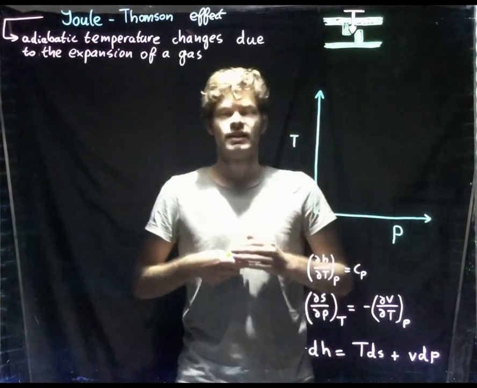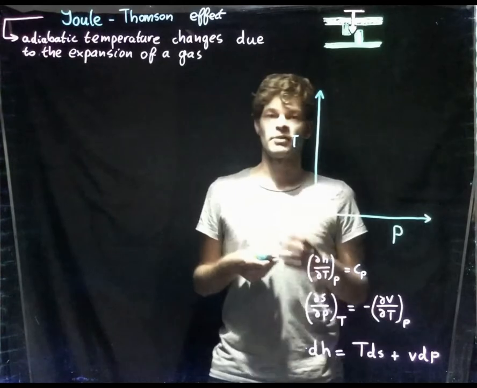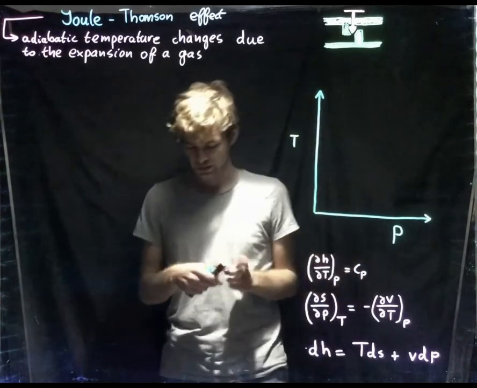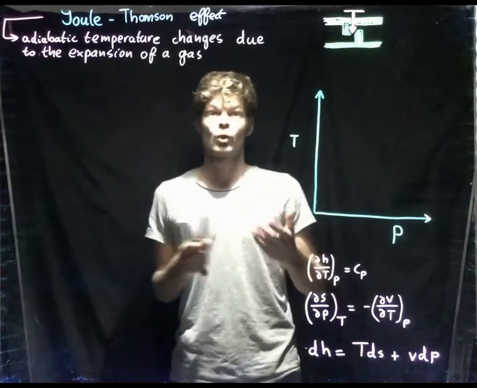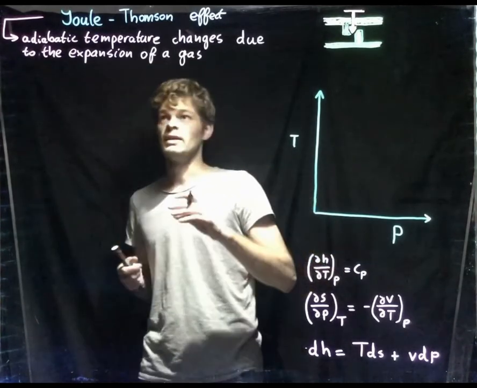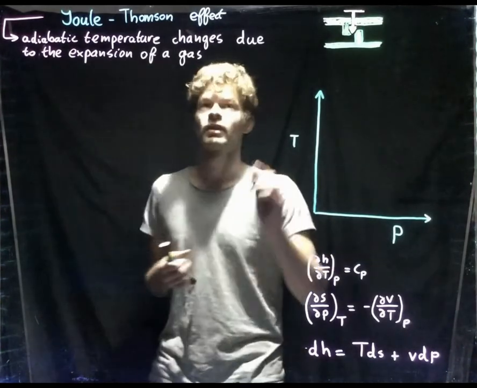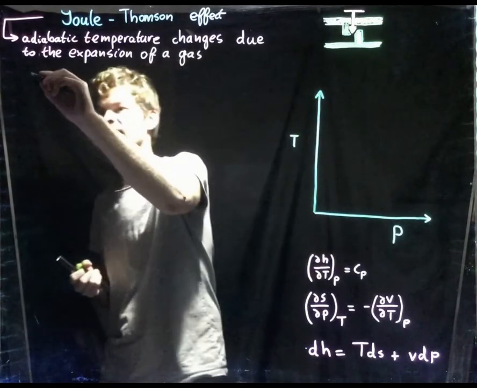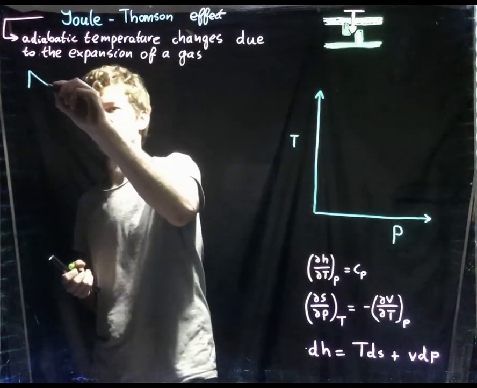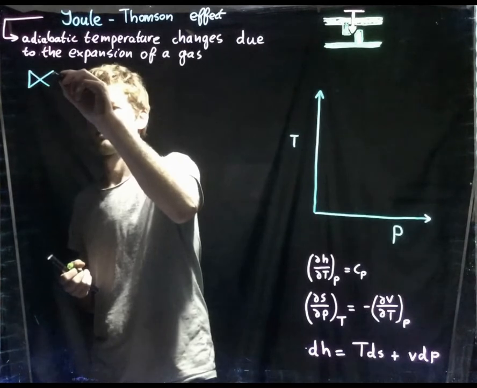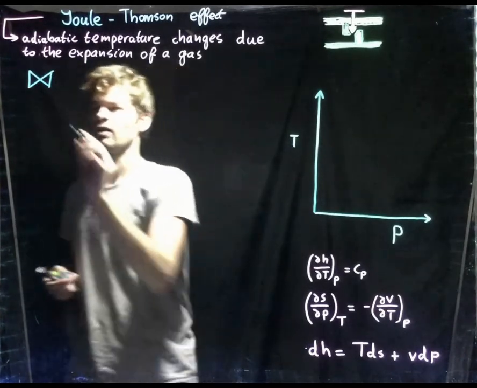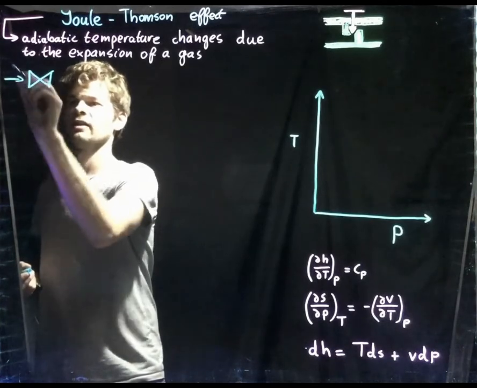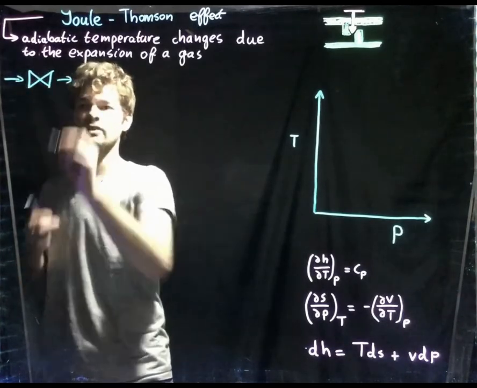So the Joule-Thomson effect describes the adiabatic temperature changes due to the expansion of a gas. And actually we have met this effect before, but we haven't gone into detail. And the device in which it was applied is the throttling valve. And that looks like this. And yeah, this is the throttling valve, and there's a flow going in, and there's a flow going out, and